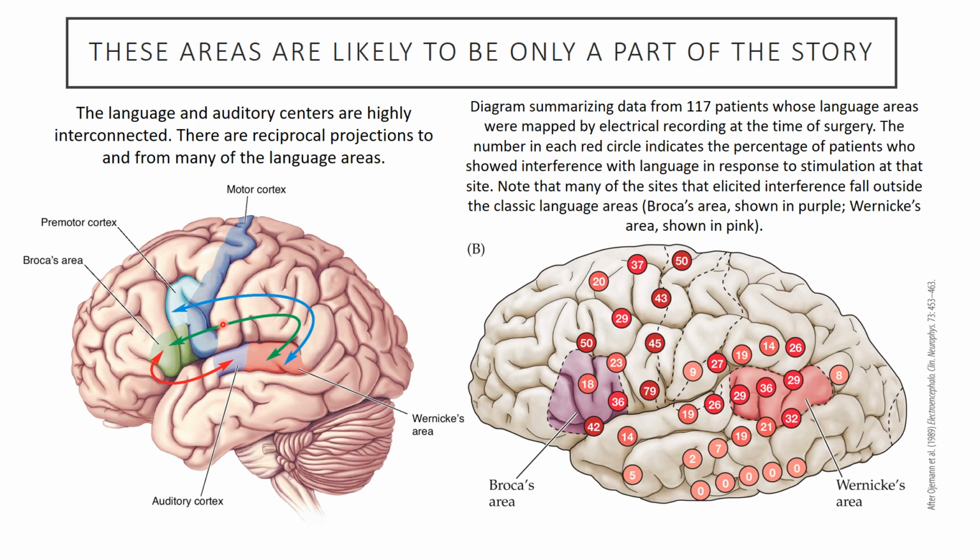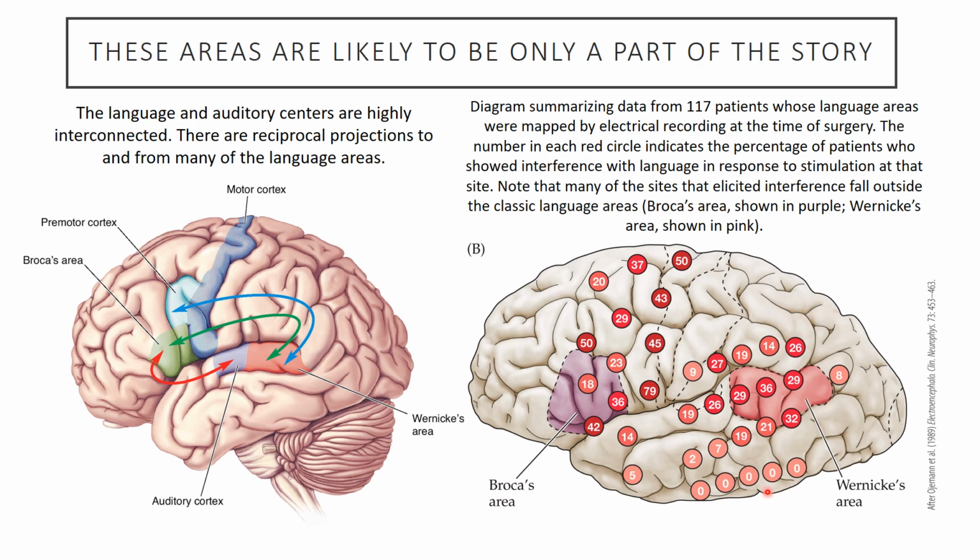It turns out that the language and auditory centers are actually highly interconnected, and that there are reciprocal connections from many of these different language areas. So there are connections from Wernicke's area to premotor cortex. There are connections from Broca's area to Wernicke's area, and auditory cortex to Broca's area. There are also interactions with motor cortex, obviously. So there isn't any clear pattern. We can't just say that this is the comprehension portion and that this is the production side. It's probably an important dance and balance between all these areas that is critical for this.